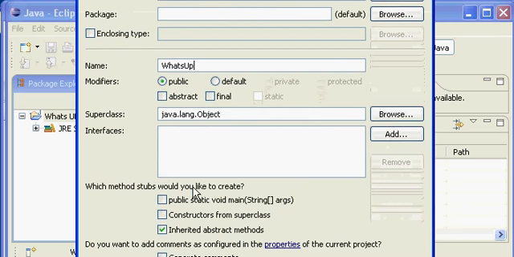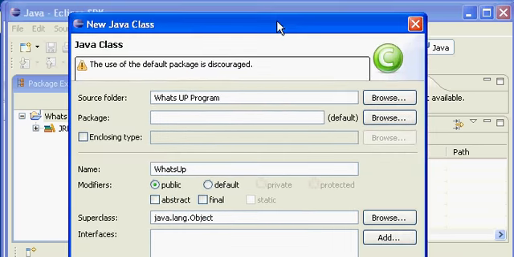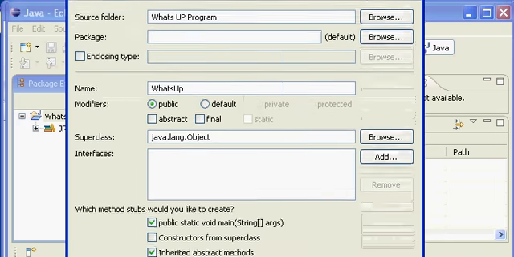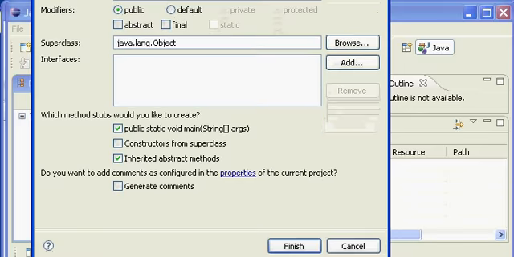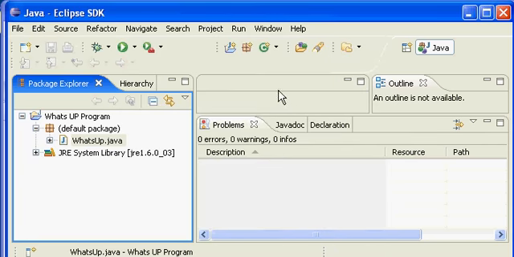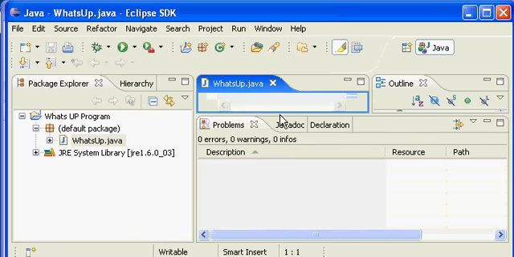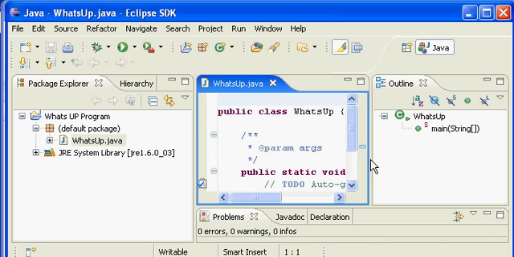Now I'm going to automatically include the main method in it, just because I want to for this particular program. You don't have to do it for all Java classes. I'm just going to do it now here so that I can show you how to compile it. Now it's going to complain up here. It's going to say, hey, the use of the default package is discouraged. Just ignore it for now. It's not a big deal for this program. So go ahead and click finish, and voila! You're going to have the what's up.java